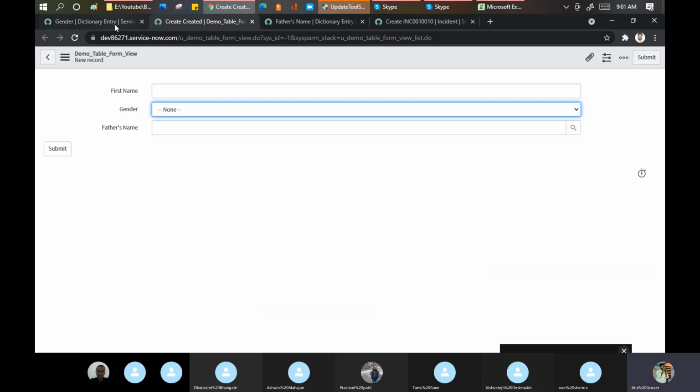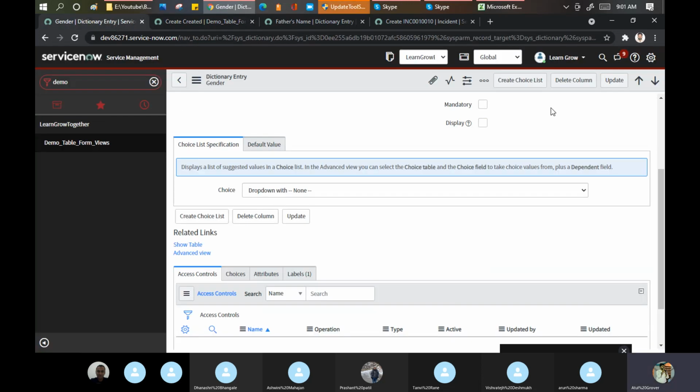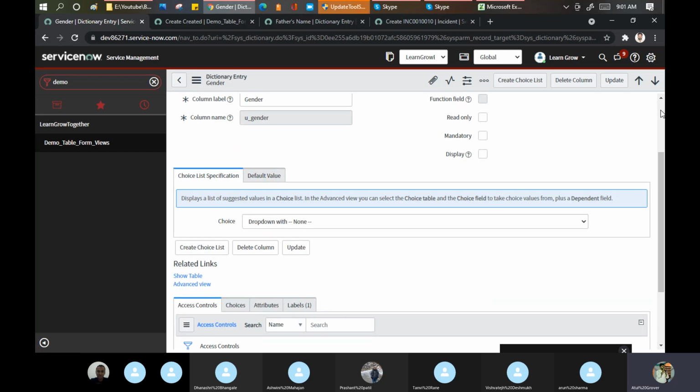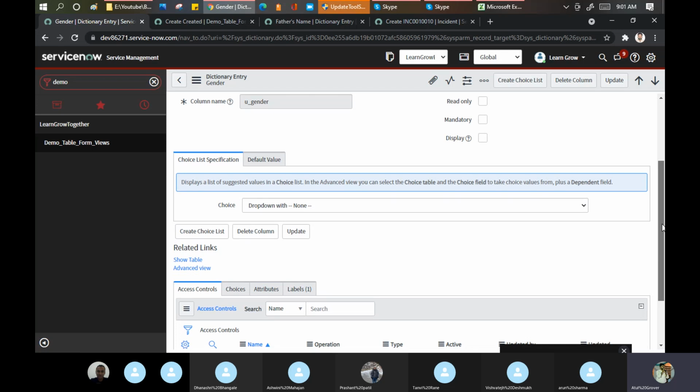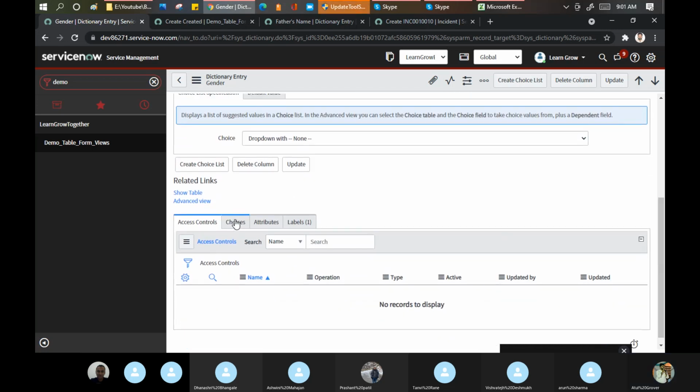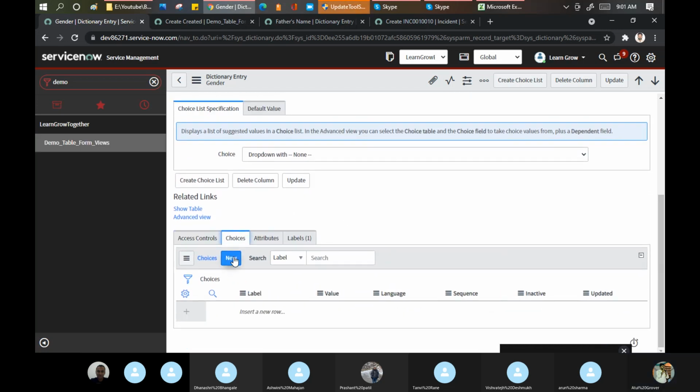Let's go here. If you see in this field, it's showing the choice list specification. I said put none as a default. Do you want to create a choice list? Yes, you can create. Go here, choice.